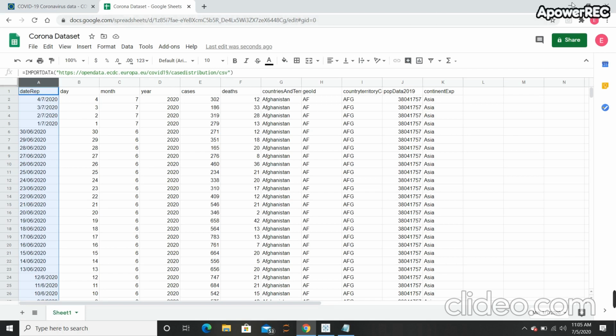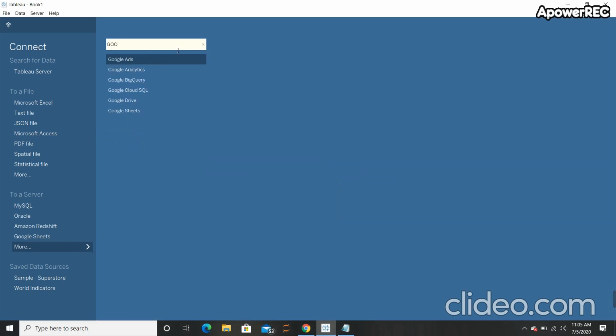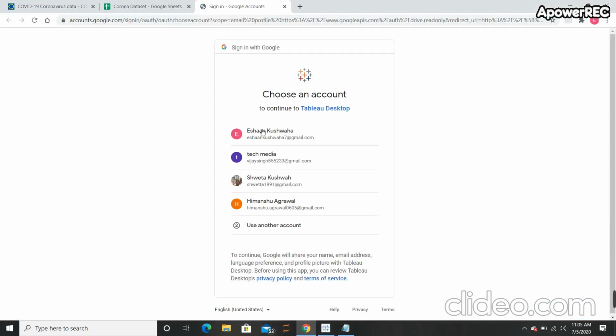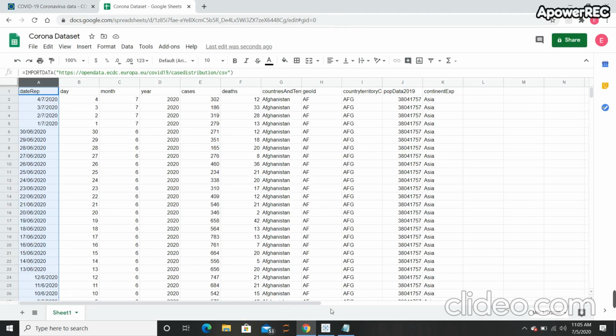So what I will do, I will search here Google Sheets and I got it. I will sign into my Google Sheets account. Allow. And it is authenticated. It is now safe to close it.